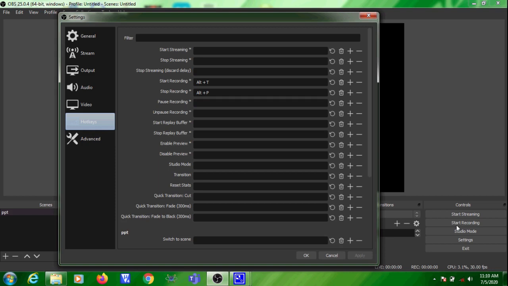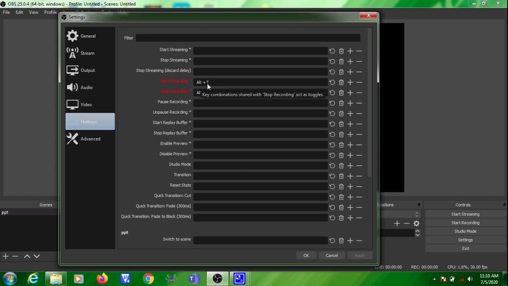But let us take you are presenting a PPT and in between the presentation you need to start the recording without going to the OBS actual screen or without clicking on this button. Similarly, you need to stop the recording without coming back to this OBS screen. How will you do that? For that you are using this hotkey, right? You can configure hotkey for all these operations. For time being, I am going to configure the hotkey for start recording and stop recording.